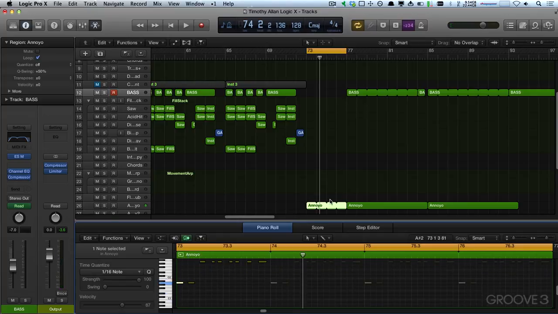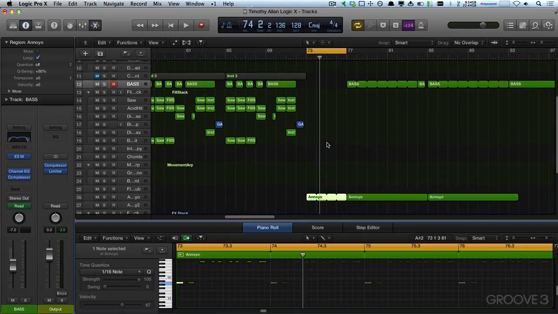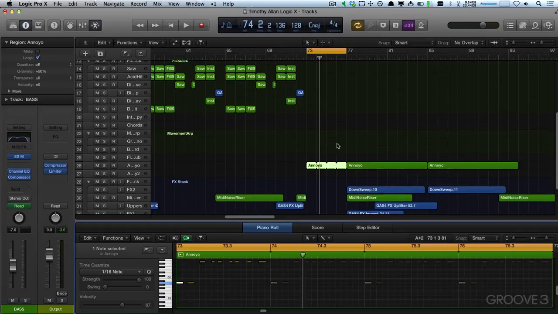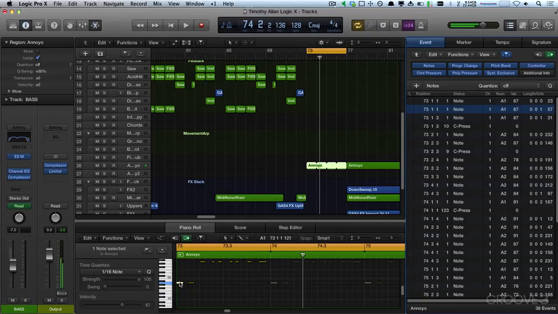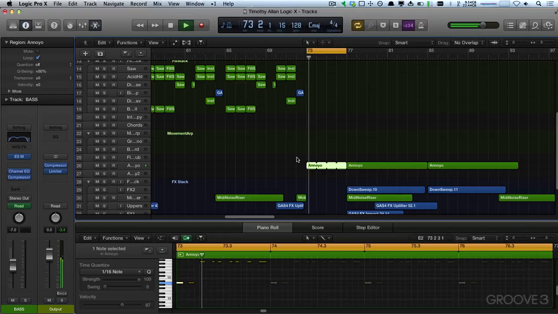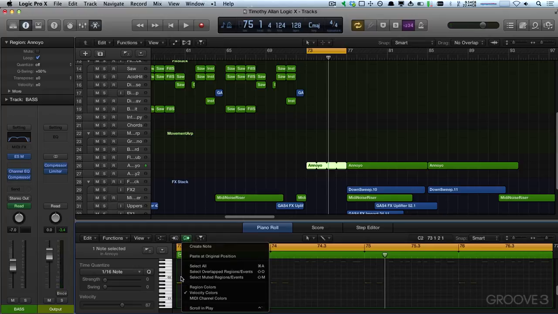Yeah, why am I getting a little blip at the start there? I double click the MIDI note. Oh, it's starting right on the beat. All right. Unless